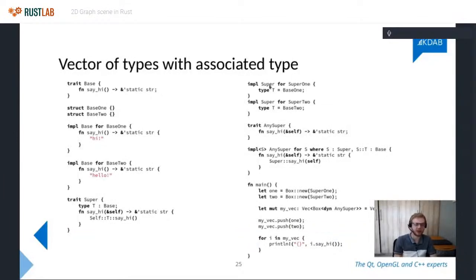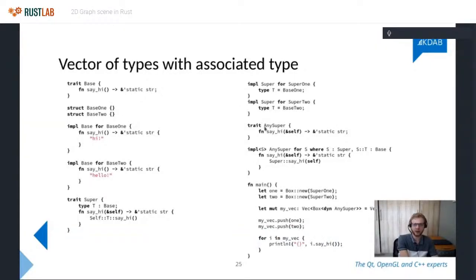It doesn't allow you to do this because Super isn't, I'm not sure what the correct Rust term is, but it's basically not a fully qualified type. Whenever you talk about Super, you also need to say what T is. You can't just say Super. It's not a type you can put in here. And this is something that I struggled a lot with and I had to ask for some help, but I finally found out how you can do what I wanted to do.